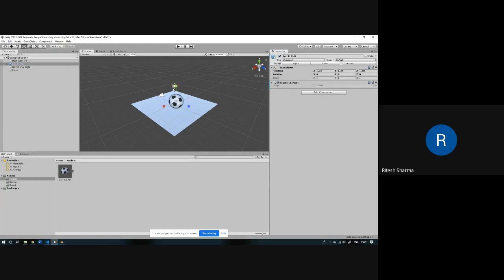Then one more thing is called scaling, which Monisha also just told you about in Blender. Scaling is nothing but changing the size of your object in any of the three axes. If I change the size equally in all three axes, that will just make this ball smaller. If I change it in just one axis, that will deform the ball. It will become elliptical because we are changing only one dimension. So if you want to make something appear smaller, you have to scale down each and every axis of it. For example, if I want half of its size, I will simply write here 0.5,